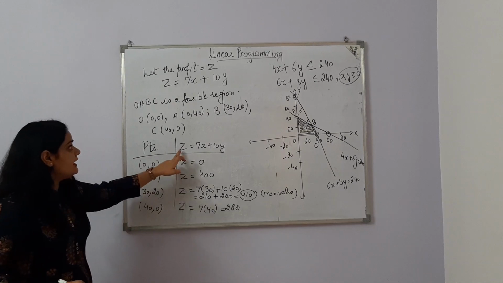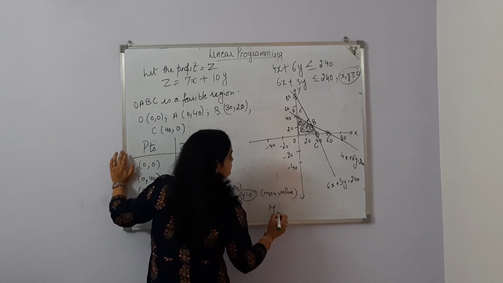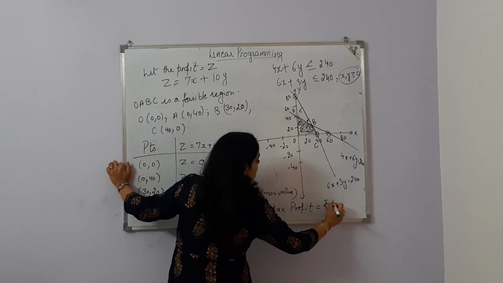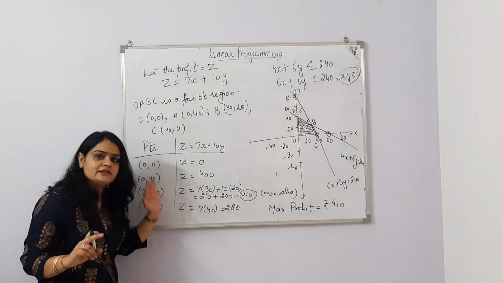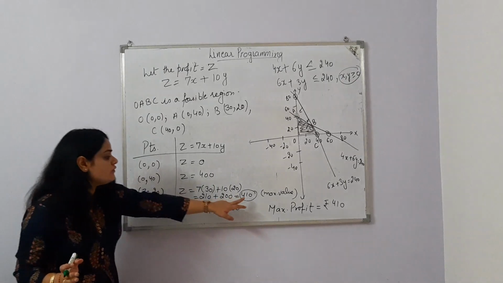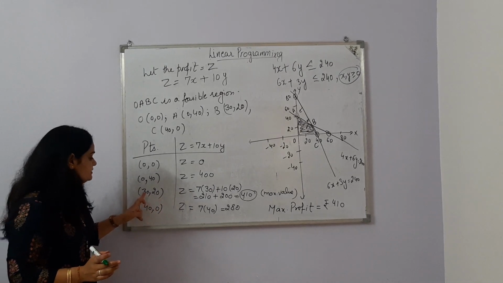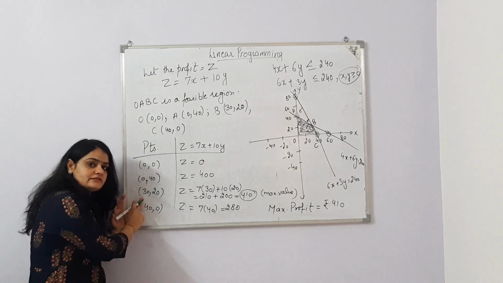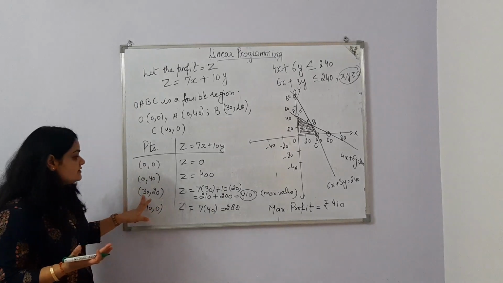So this is the value of z, and z is your profit. So maximum profit is rupees 410. One question was, what is the maximum profit that the manufacturer will get, and what will be the values of x and y. So 410 is the maximum profit he'll get when he manufactures 30. This is the value of x, this is the value of y. x is the quantity of screw A, the number of packages of screw A.